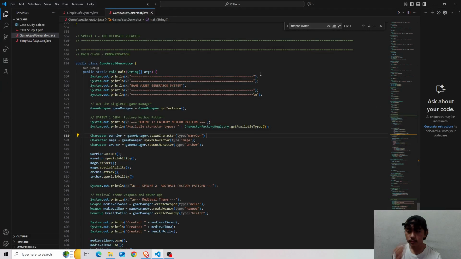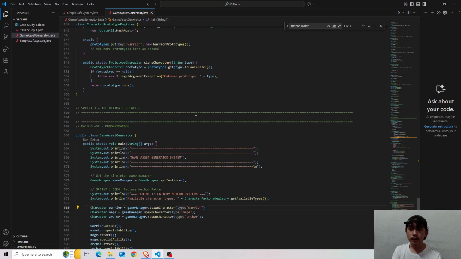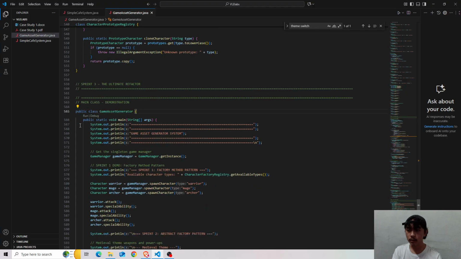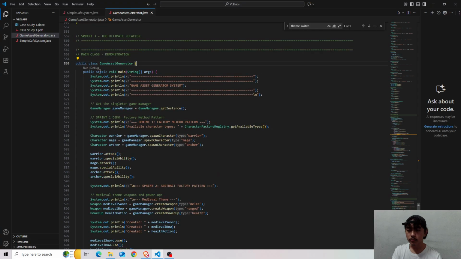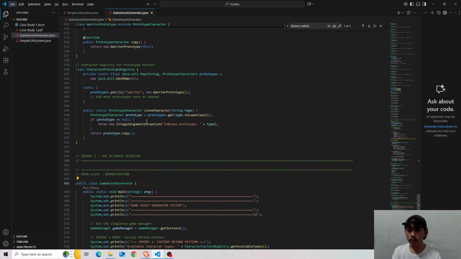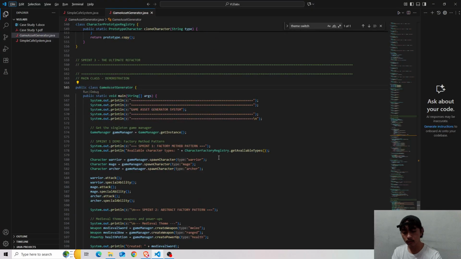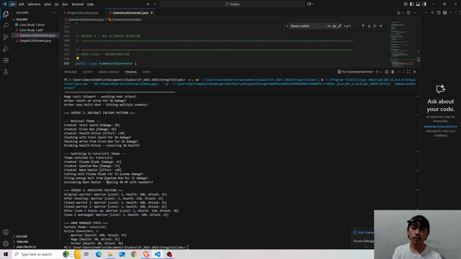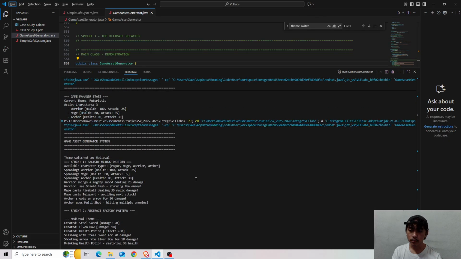I have here code that I have already written. So we'll proceed now. We have here the game asset generator, and I'll run it so you can better understand.